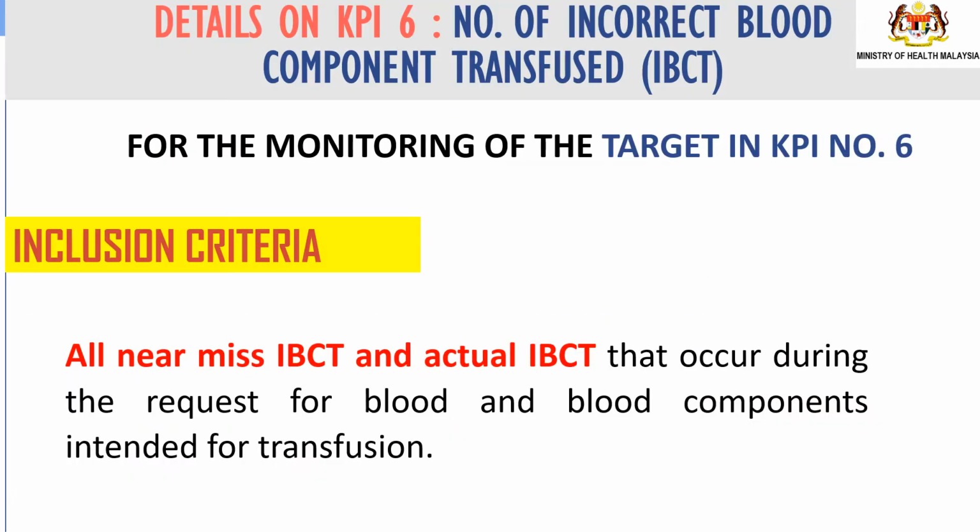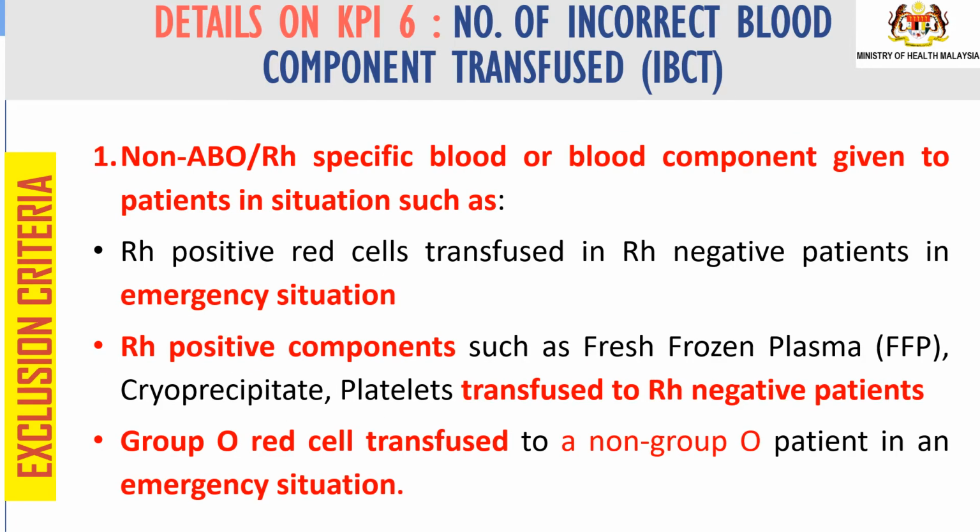For monitoring of the target in KPI number 6, the inclusion criteria is all near-miss IBCT and actual IBCT that occur during the request for blood and blood component intended for transfusion. For exclusion criteria,